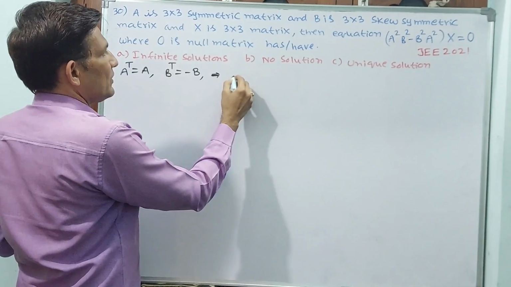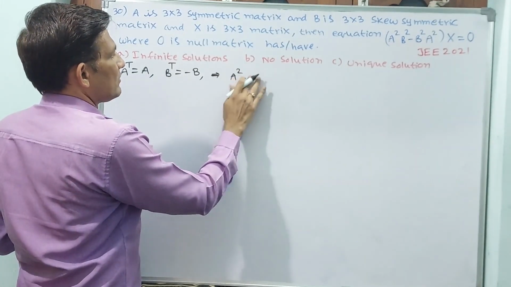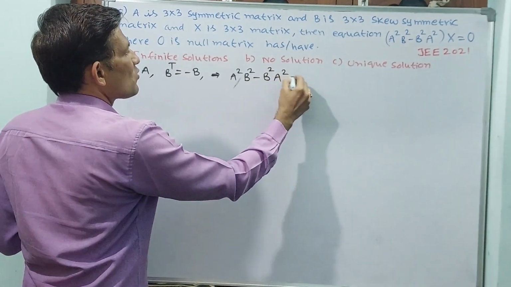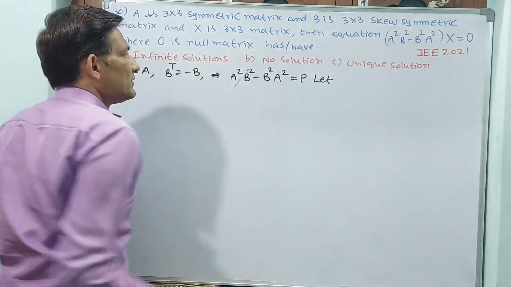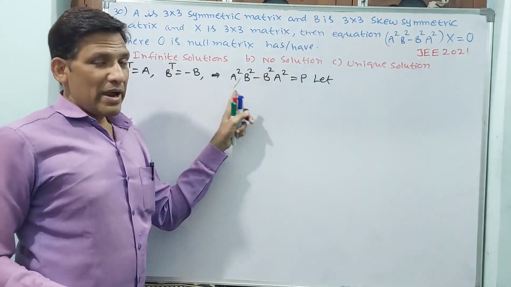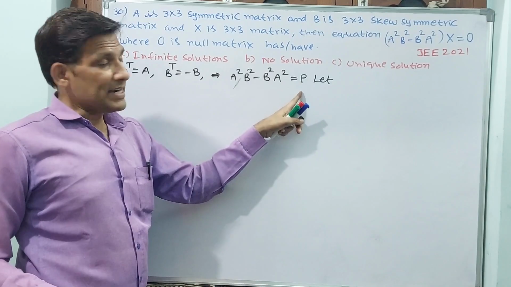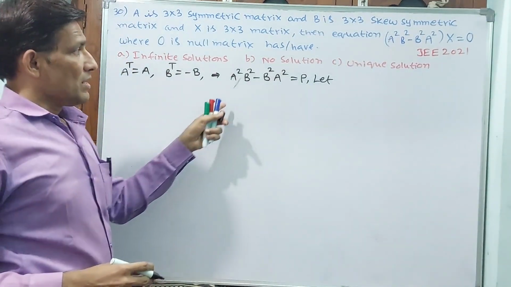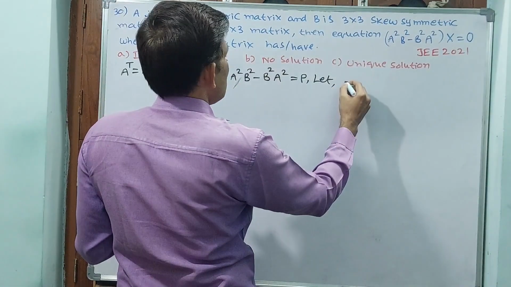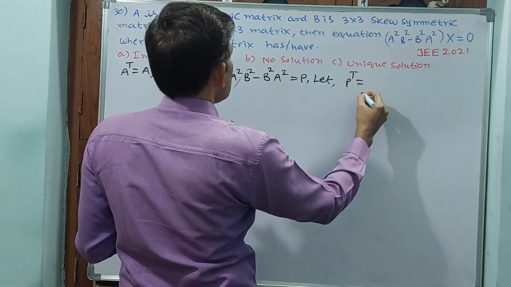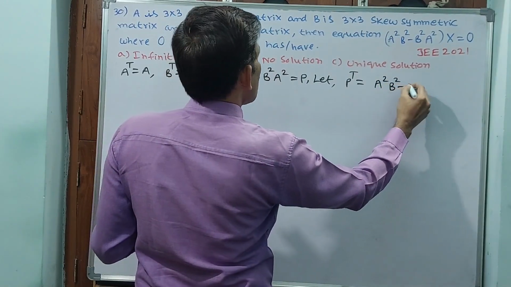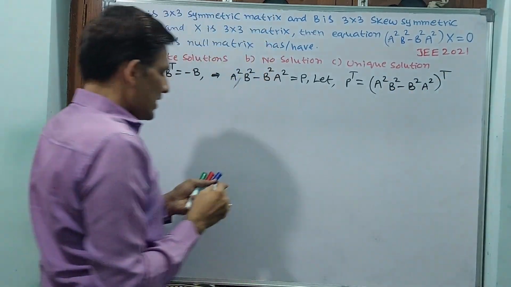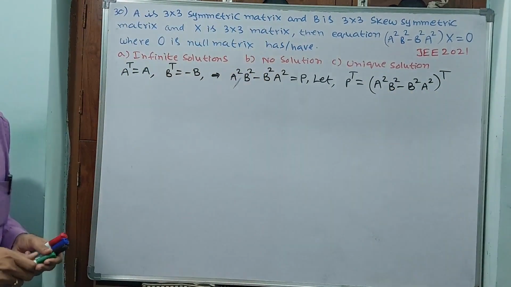See how I am writing. A square B square minus B square A square is equal to P on the left hand side. These are matrices, so finally one complete matrix will come. Let that matrix be P. Now see, I am applying transpose. P transpose is equal to (A square B square minus B square A square) whole transpose. Okay, if transpose has to be found,